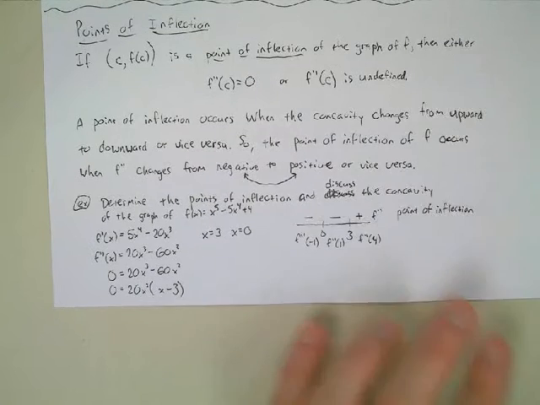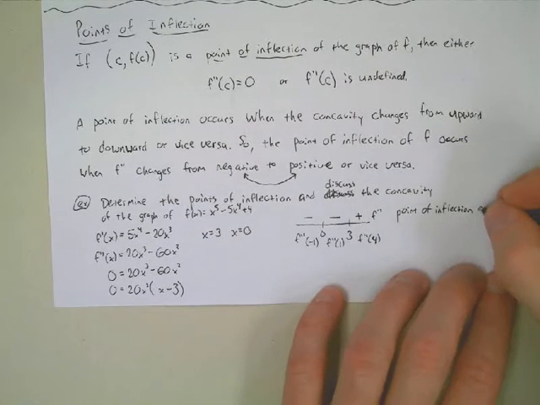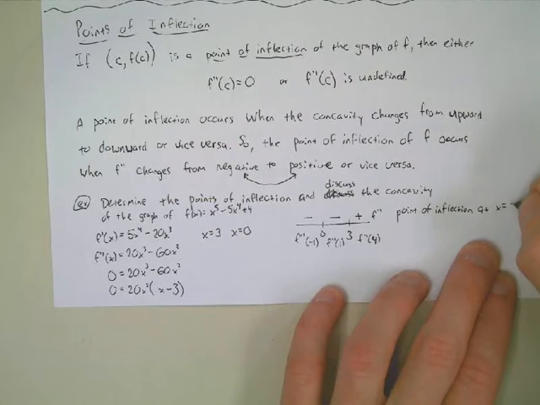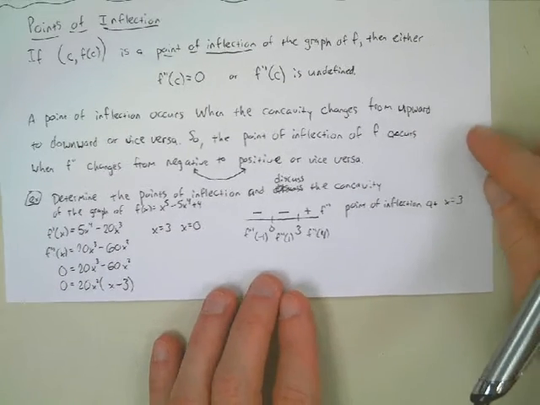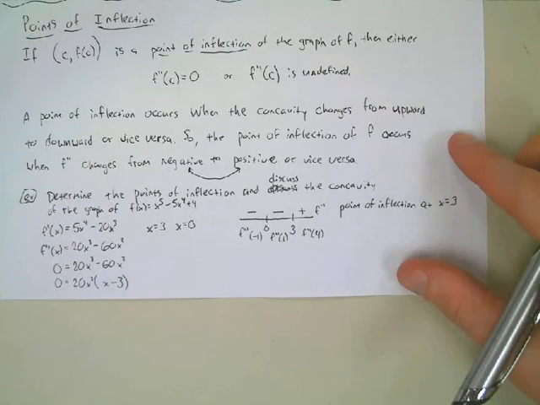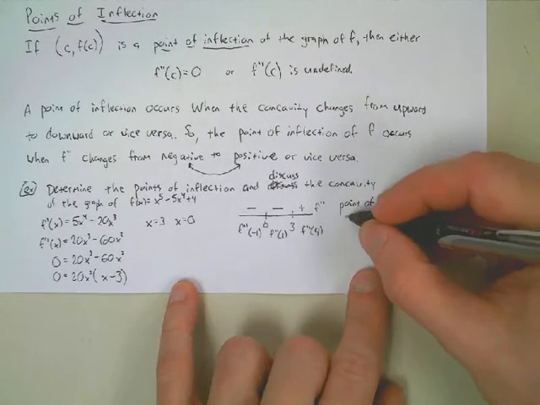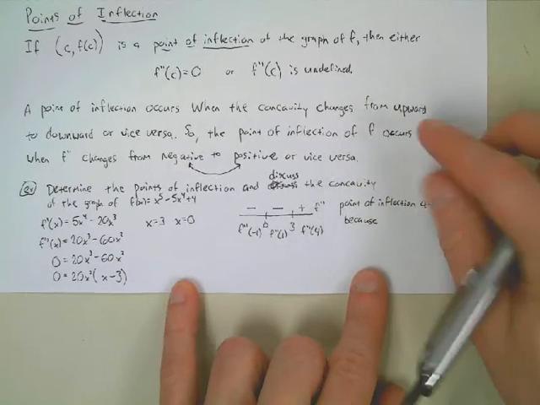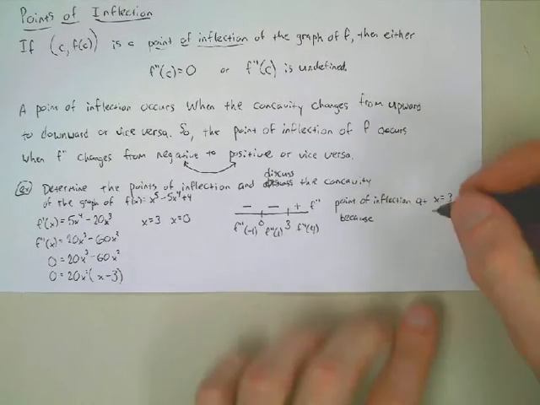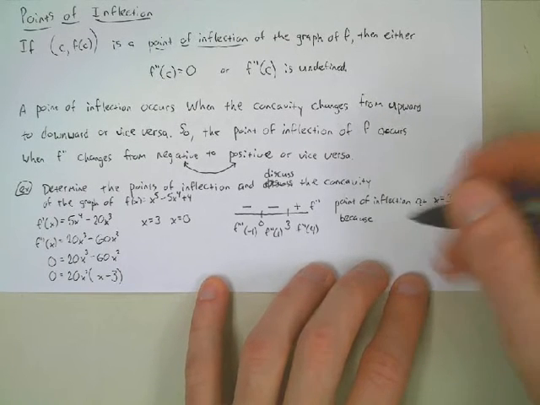Christian, where do we have a point of inflection? At x equals 3. Just x equals 3. Why only x equals 3? Because at x equals 0, nothing actually changes. Okay, f prime prime does not change, right? So I'm going to put my justification here again. It didn't ask us to justify, but I'm going to do it here for your practice. You need to see this, and maybe I would suggest write it down too. Point of inflection at x equals 3 because f prime prime changes